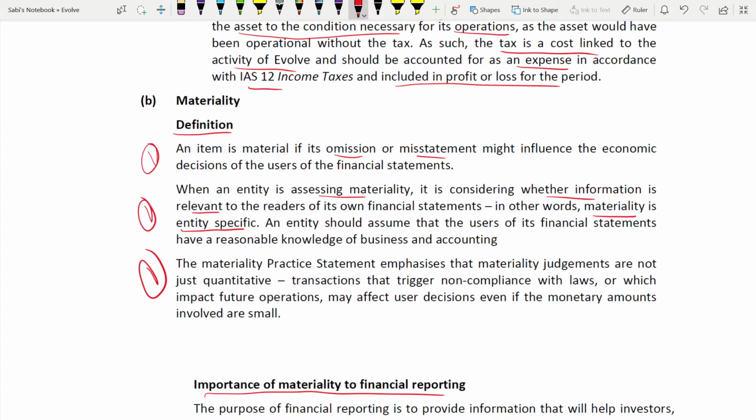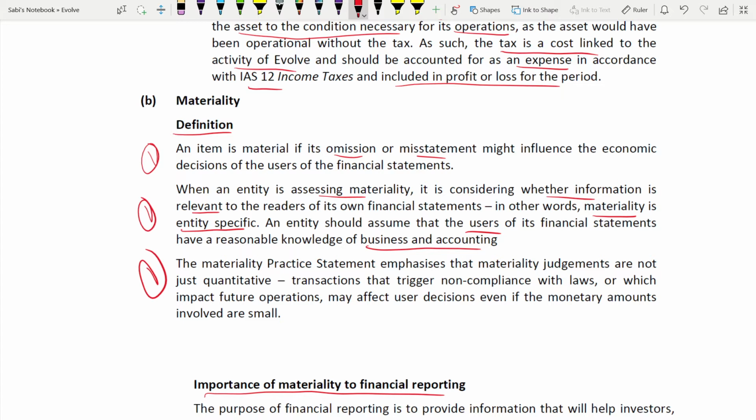Okay, so before you say that this is material or that is not, you should understand your user. The preparer should know their user, who their users are, and for them what might be material. That's because they should have a reasonable knowledge of business and accounting, the business also. Okay, third,